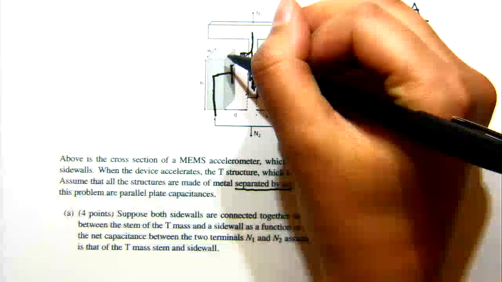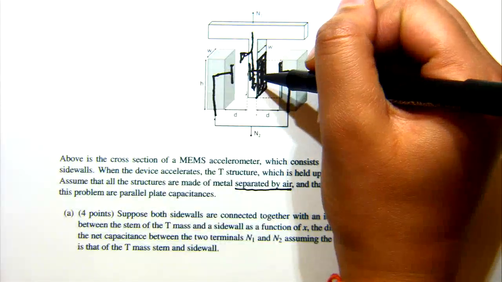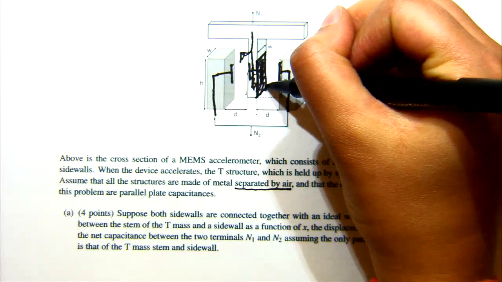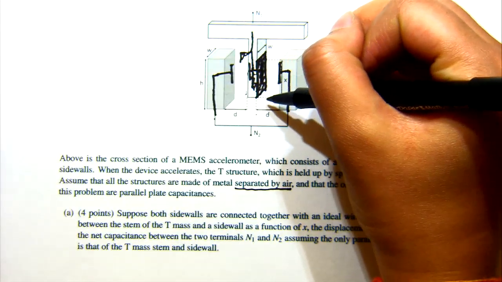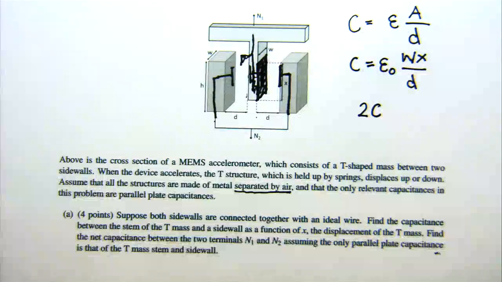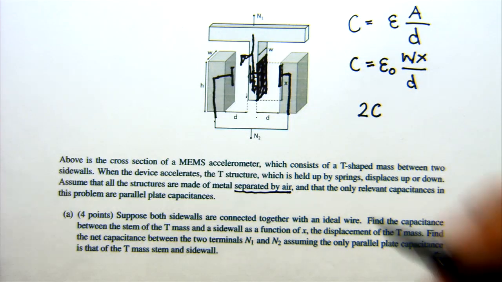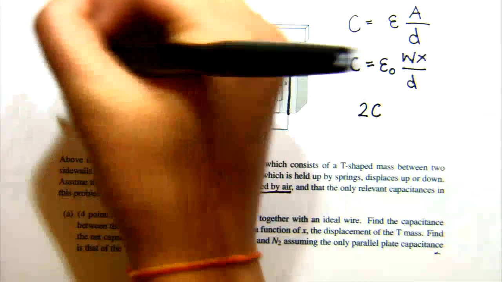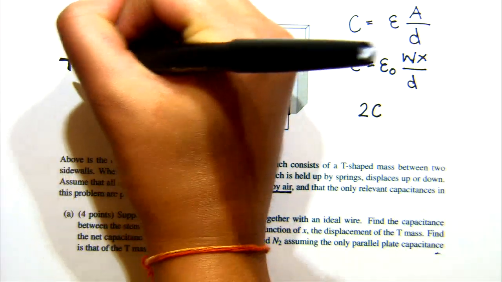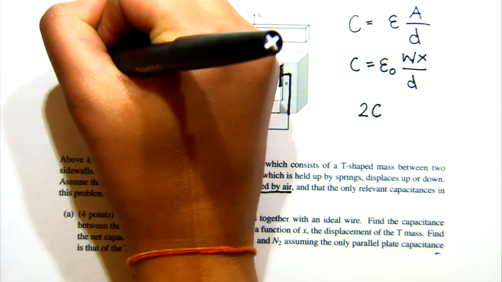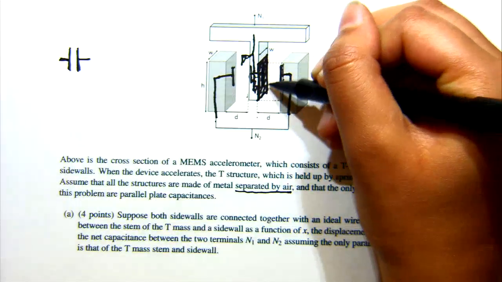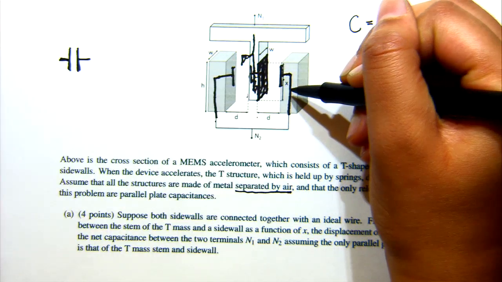Why are these sideways like this? The idea is that our parallel plates are this portion of the sidewall that we have shaded in right here, and it's going to be the same thing on this other sidewall, just on the hidden side to us. Those form our parallel plates, and whenever we draw a capacitor like this, we're representing it as one of our parallel plates and the other one. Because these are side by side like this, that's why we draw it like that.